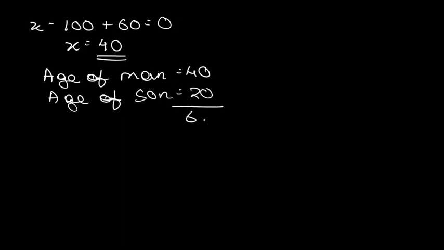Combined age is equal to 60, but we want the number of years when their combined age will become 80. After how many years will their combined age become 80? See, here it is a difference of 20. So in haste, you will mark 20 as the correct answer, but it is not. We are combining the age of the son and the age of the man. After 20 years, the age of the man will increase by 20 and the age of the son will also increase by 20, which means we have to just take the average of that.